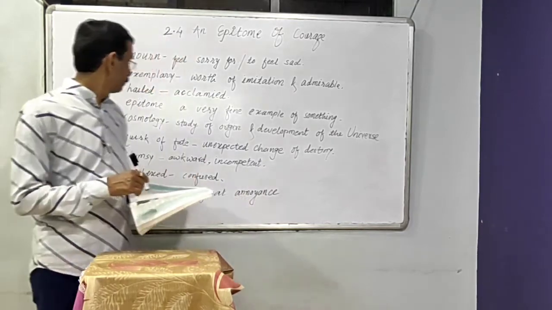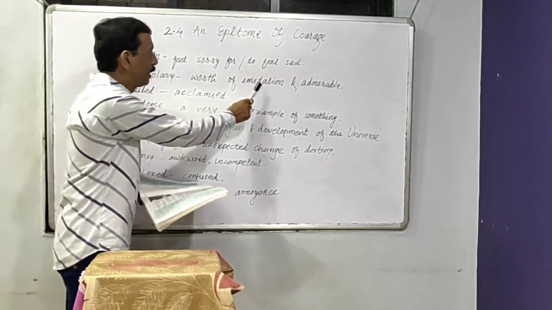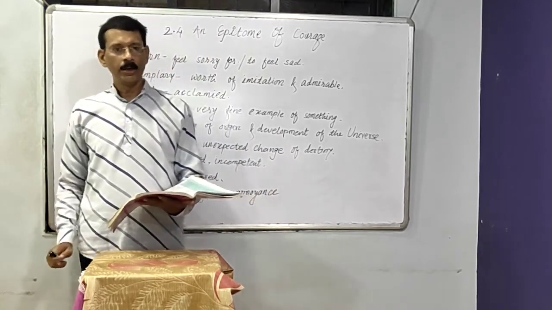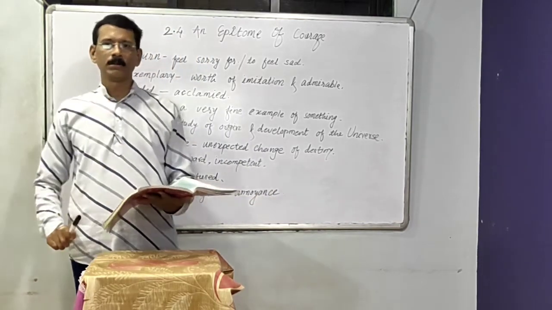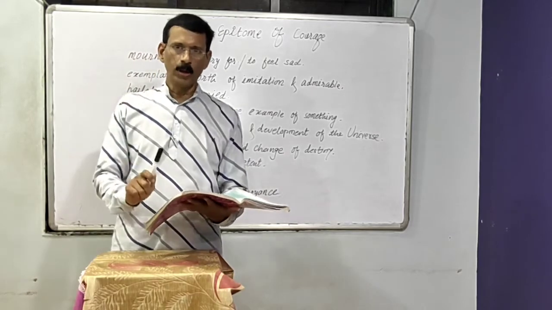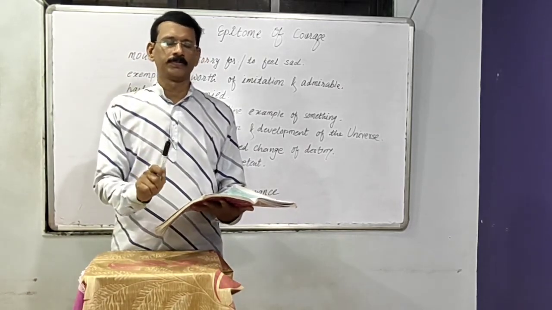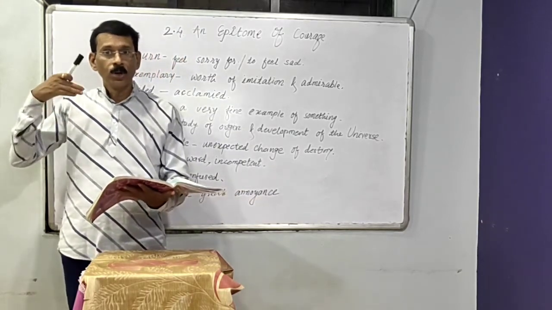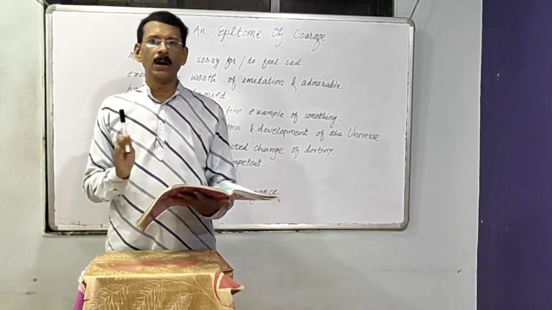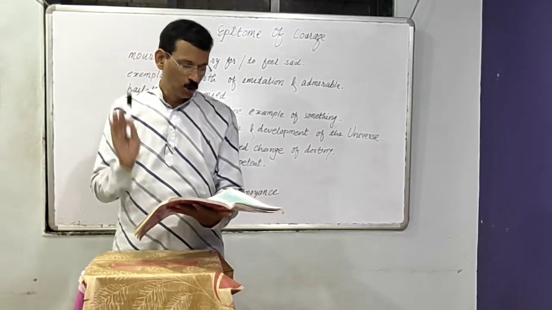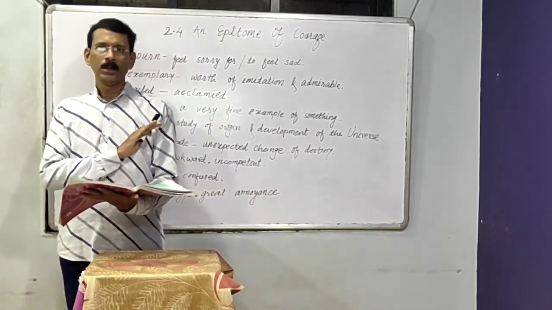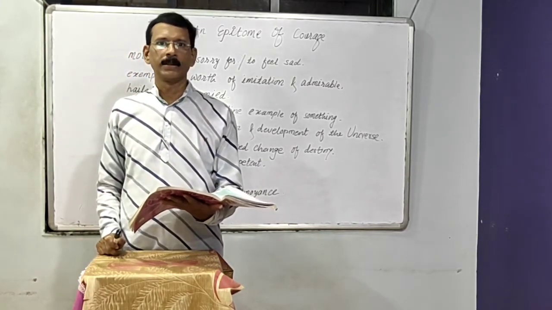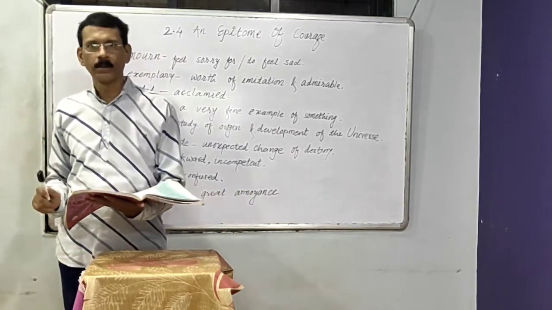Here, exemplary means worth of imitation and admirable. अनुकरणीय किंवा प्रेरणादायी उदाहरण त्यांनी दिलं. He showed an admirable courage, and that courage inspires us to do our best in our difficult situation, in the difficult circumstances also. So friends, in the life of Stephen Hawking,